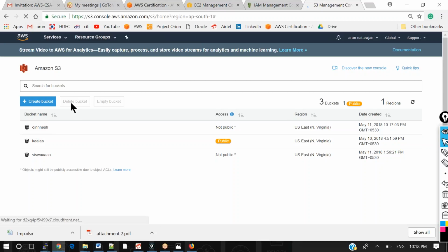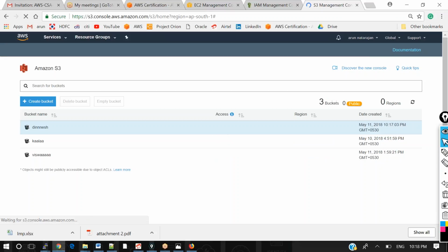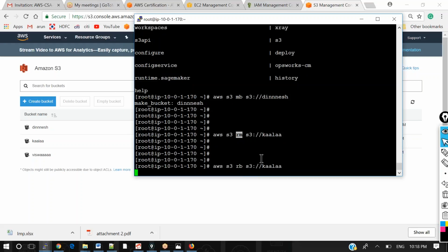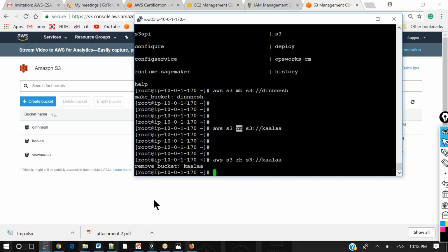Arun, just to confirm, can you please show me that command screen? What is the command you put for removing the bucket? AWS S3 remove bucket. Oh, sorry, my command is wrong. It's RB. Yes, now you can see the confirmation message: remove bucket Kala.